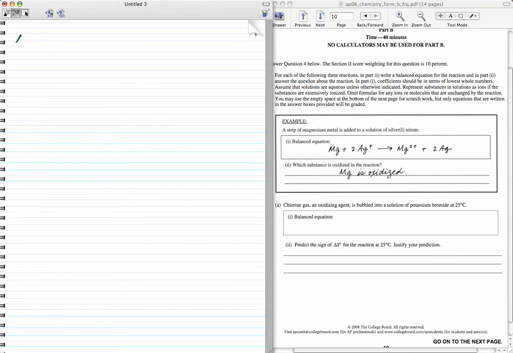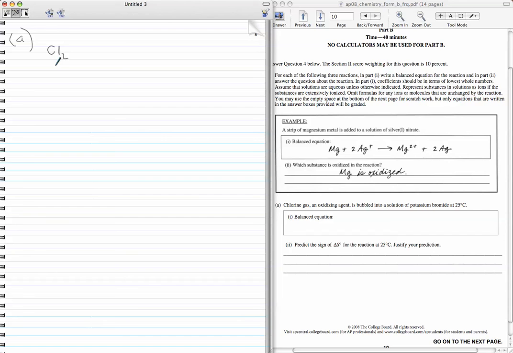Okay, so for part A it tells us chlorine gas, an oxidizing agent, is bubbled into a solution of potassium bromide at 25 degrees Celsius, which means room temperature. They give you a big hint as to what type of reaction it is. They tell you chlorine gas is an oxidizing agent, so not only do they tell you the type of reaction, they tell you what's going to happen to chlorine. Since chlorine gas, Cl2, is an oxidizing agent,